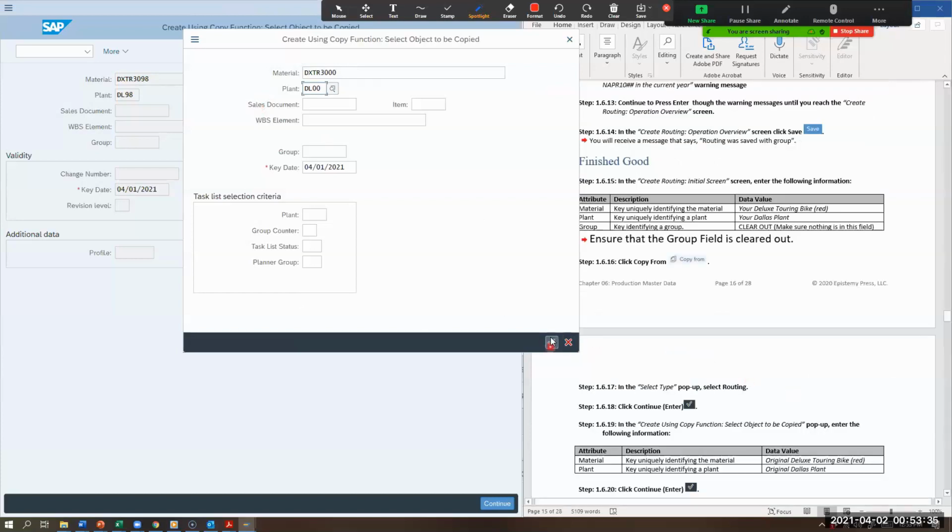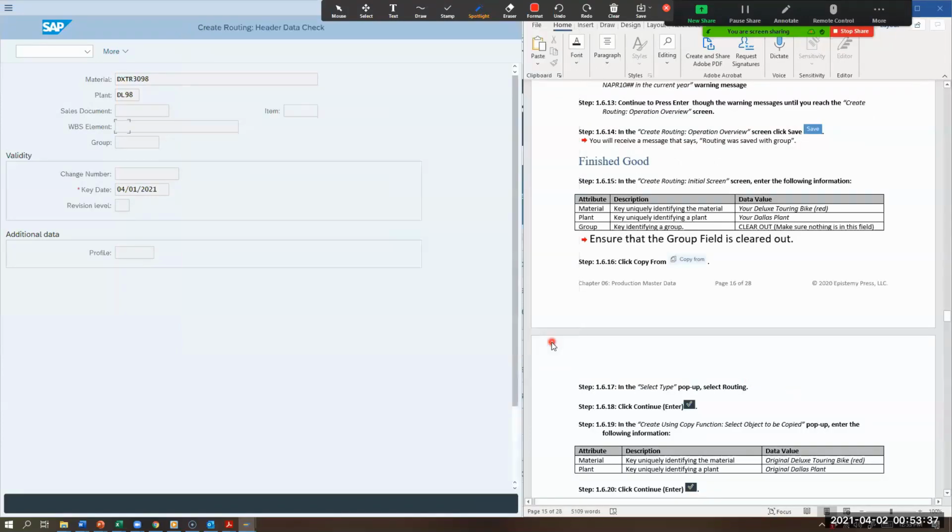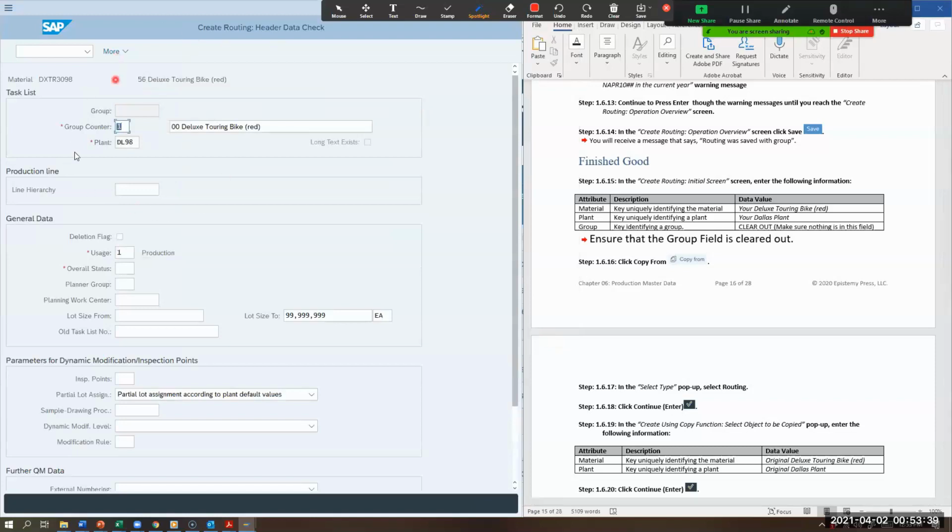I'm going to hit the check mark, continue. I am here. My group counter has been created. The group number has not been created yet. It will in a minute. I'm going to change this 00 to 98. I'm going to go down here to where it says overall status, and I'm going to change that to 4,